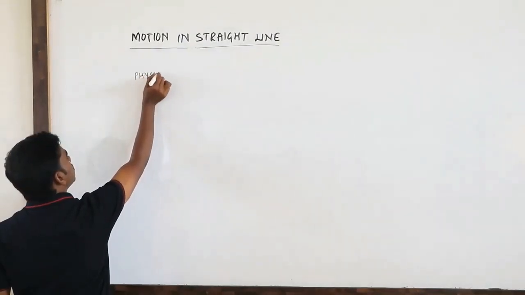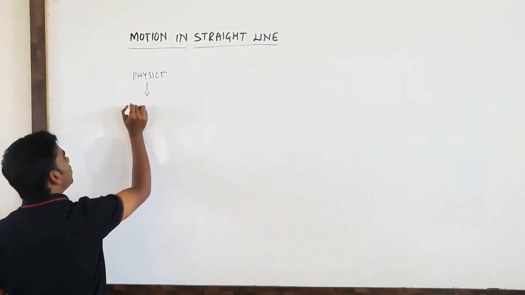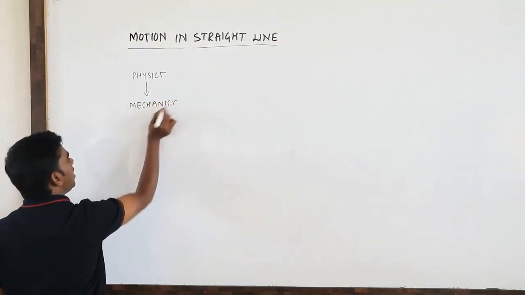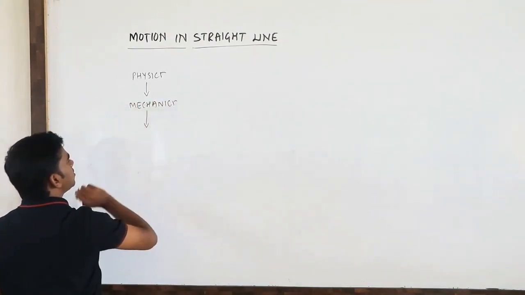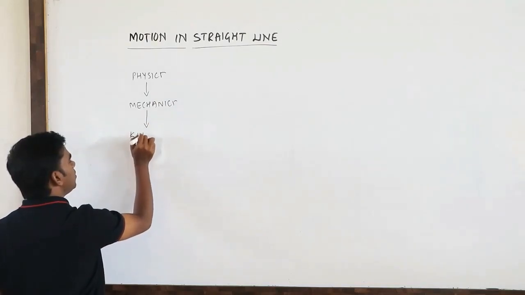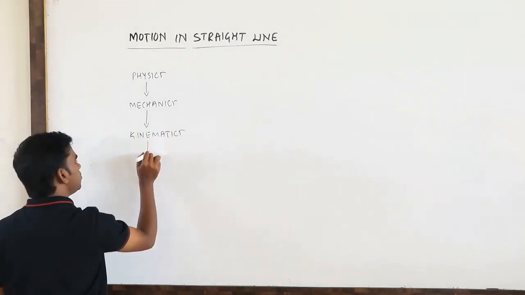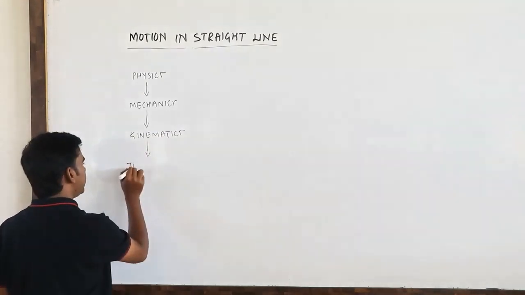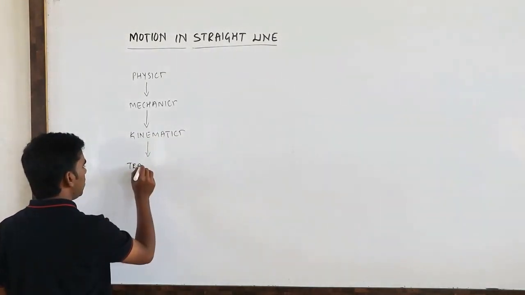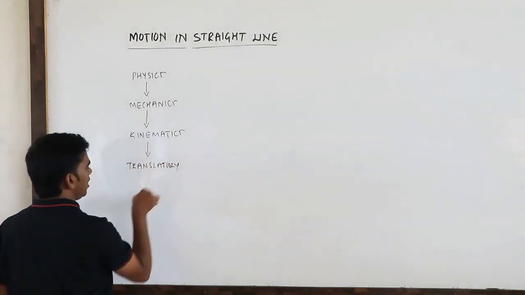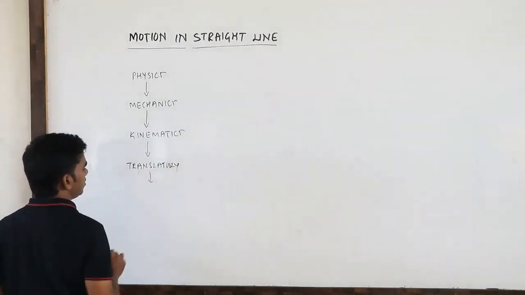Physics. So we have gone to what? We have gone to the mechanics. Again from mechanics we have gone to the what? We have gone to the kinematics. Again from kinematics we have gone to the what? We have gone to the translatory motion. Okay. Again from translatory motion,